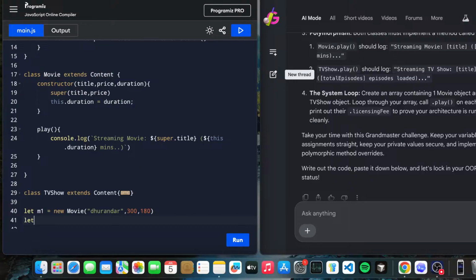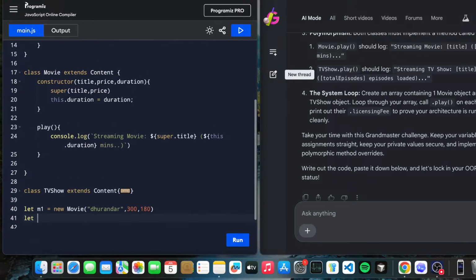And after that, let's have the movie extend. The TV show is equal to a new TV show. What will the TV show be?